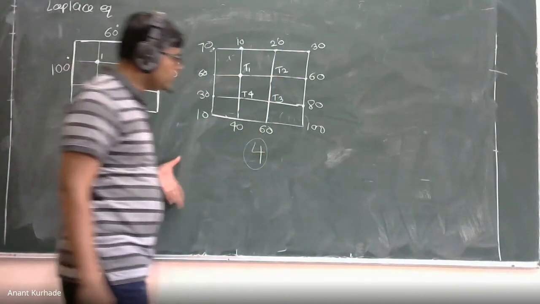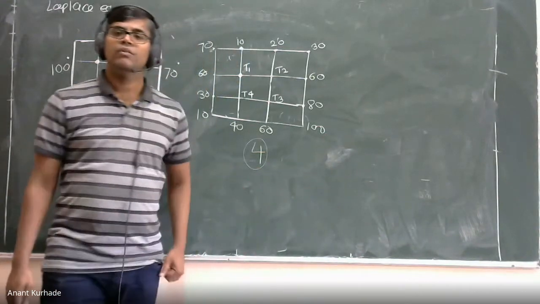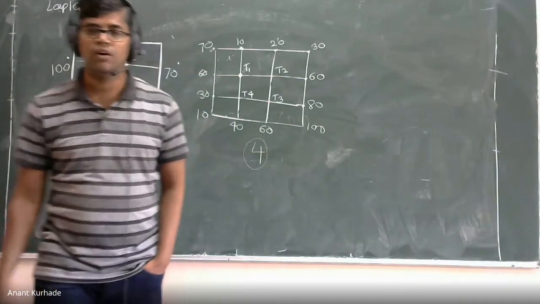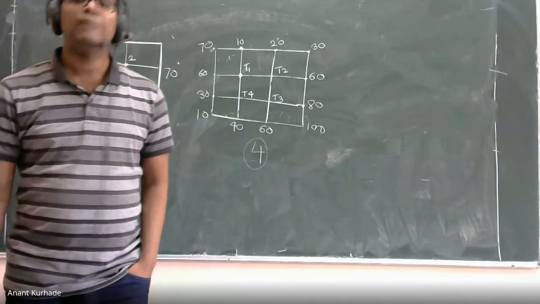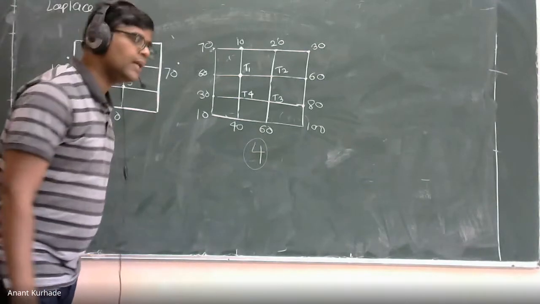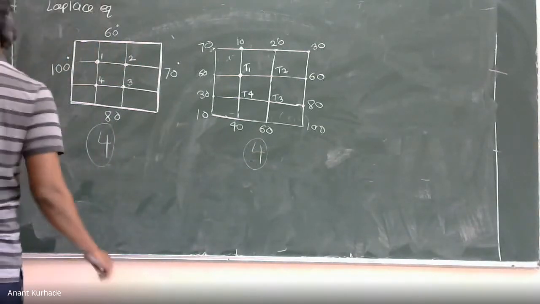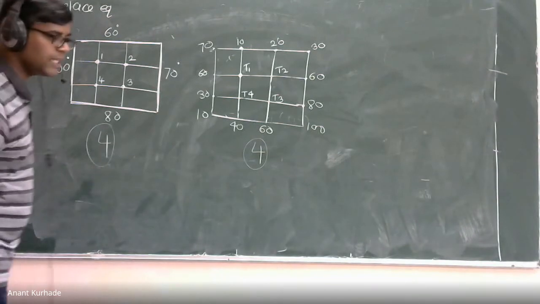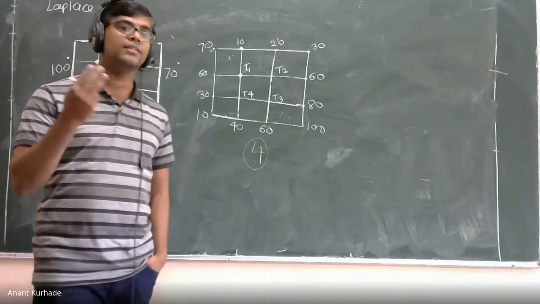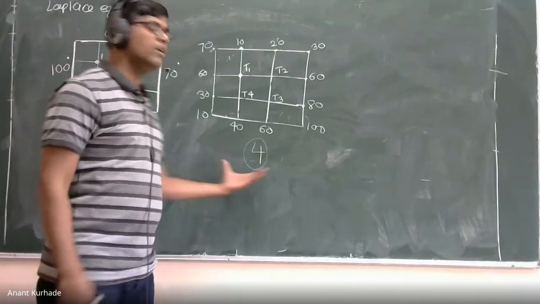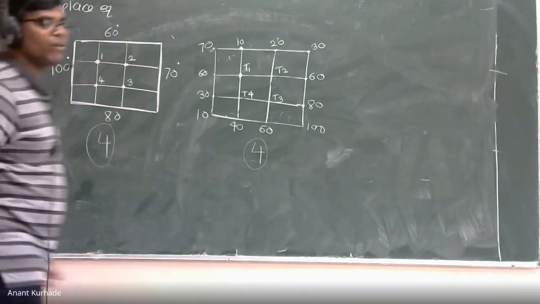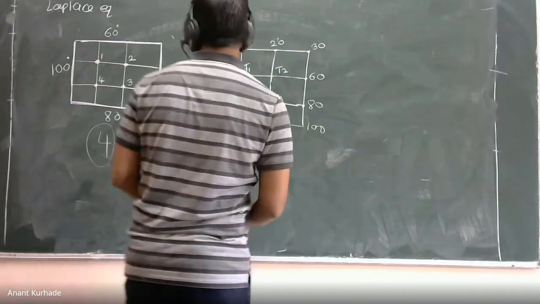And once we have these 4 equations, we can solve them by using the Gauss elimination method or the Gauss Seidel method. This is very simple. But in the Gauss elimination method, we have solved problems having only 3 equations. Now here we can have 4 equations, max 4 equations. What is that formula?